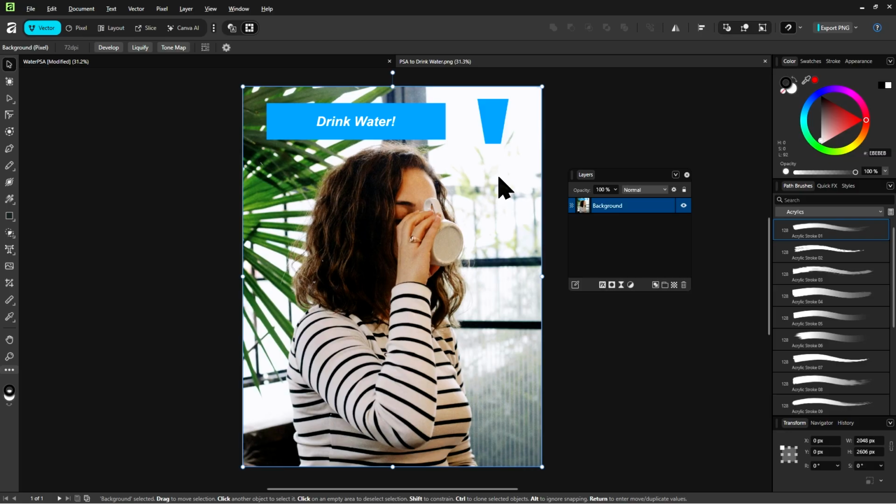It saves your Affinity project into an image file, a single image file that you won't be able to edit anymore. However, that one single flattened image is what you share with others.